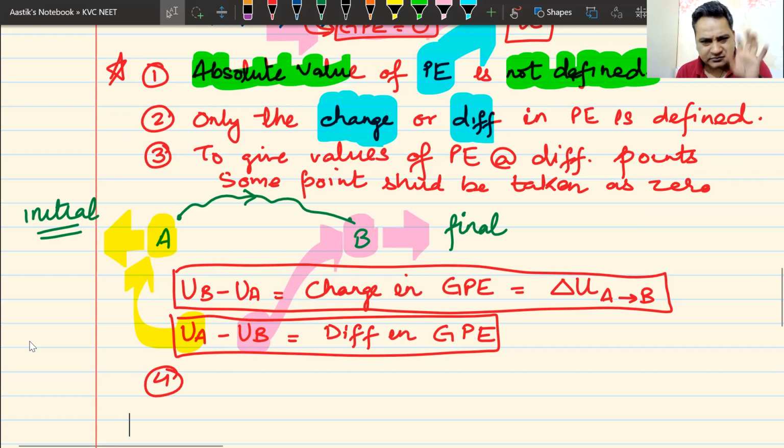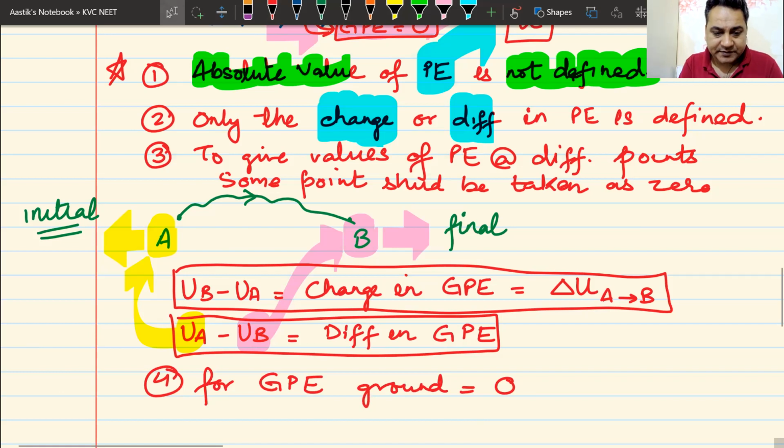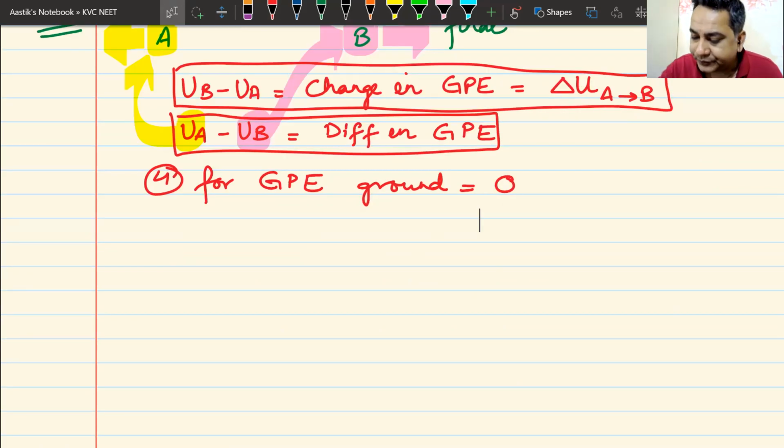Let me now summarize where we are going to take zero so that there is no confusion whatsoever. For gravitational potential energy, the value on the ground would be taken as zero. That is actually not zero, but we will take it as zero. Now, one more thing you must remember: if you take your ground as zero, then things become very simple. If this is the ground, and we are not going to go underground,